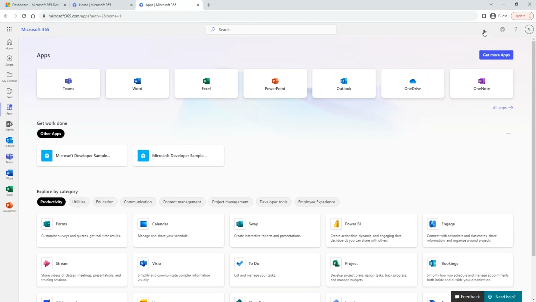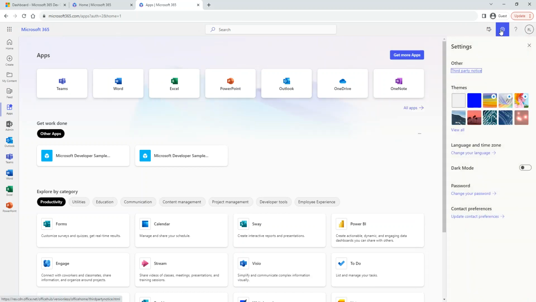We'll go to the top right here, which is the settings. In the settings, there are things that you can change. In the theme, the top one, like you see here, the gray one is what is selected. You can change the top area of the theme if you don't like this gray.